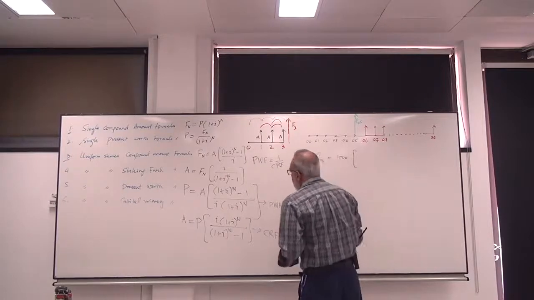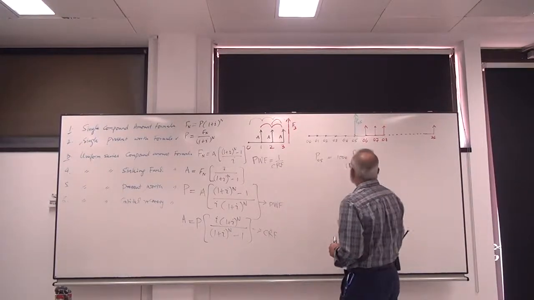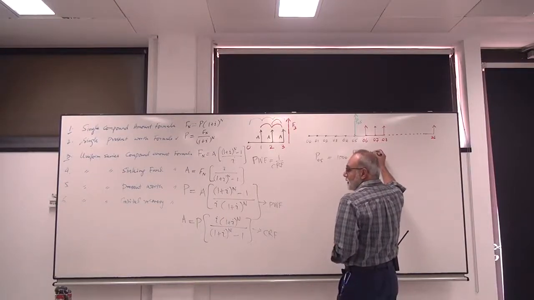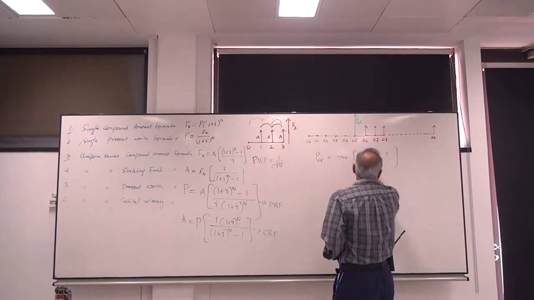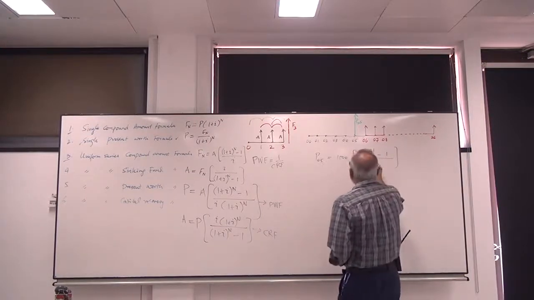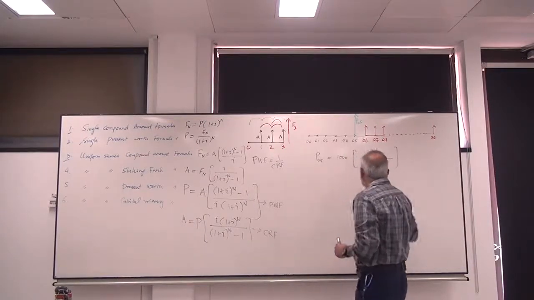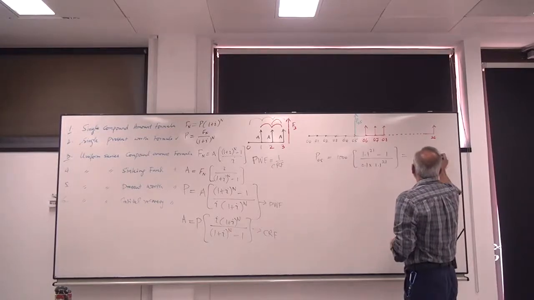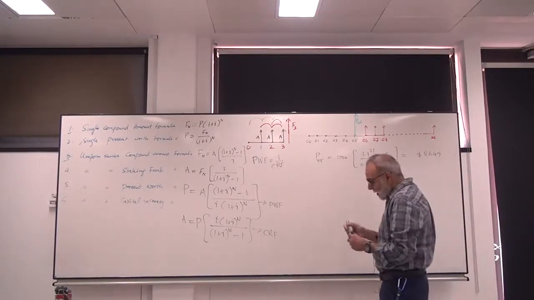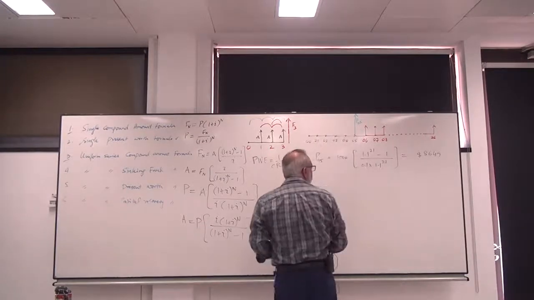Okay, and we have 1.1, I suppose 10% is the interest, so 1.1 raised to power 21 minus 1 divided by 0.1 into 1.1 raised to power 21. So what we are getting is $8,649. And then this amount P05, we have to bring it back to